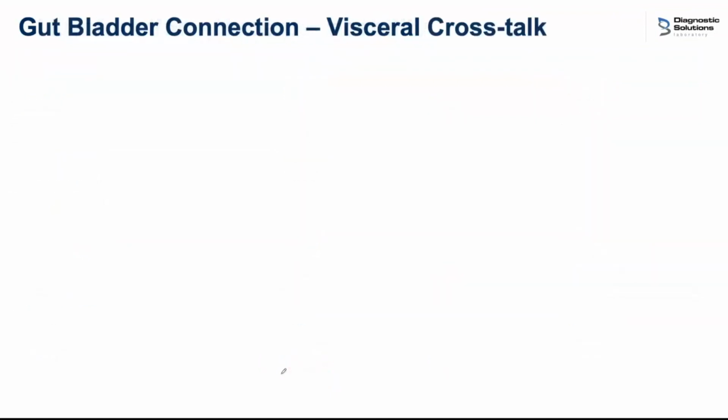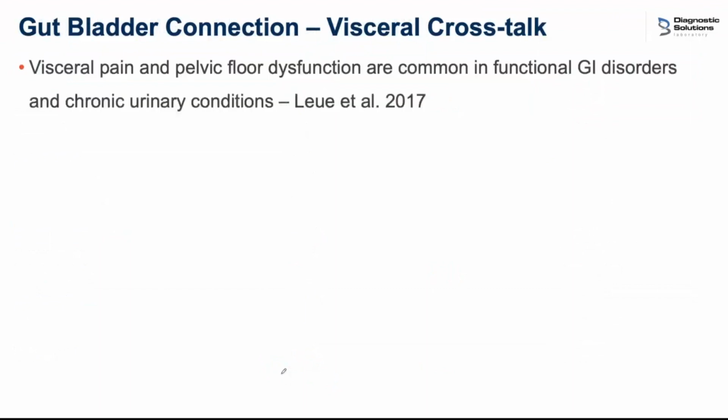Now I'd like to talk about an interesting concept. Visceral crosstalk refers to how visceral organs can impact each other through sensitivity, inflammation, and shared neural connections. This goes beyond the concept of referred visceral pain. Here, Loya et al. state that visceral pain and pelvic floor dysfunction are common in functional GI disorders and chronic